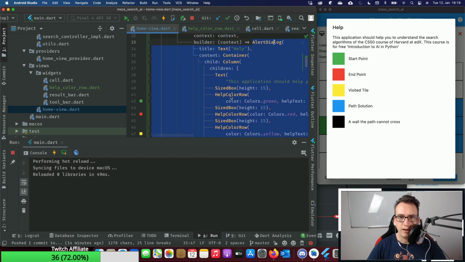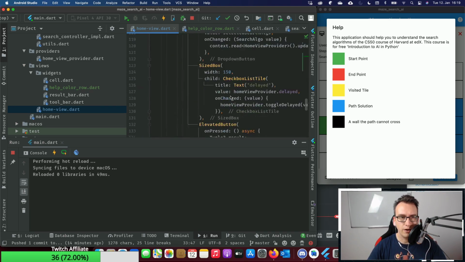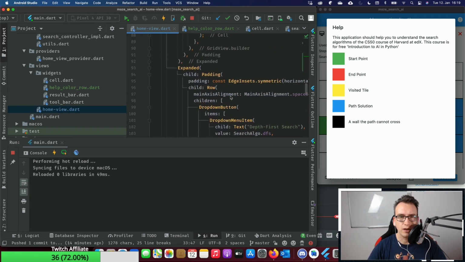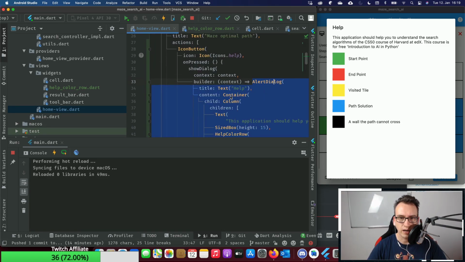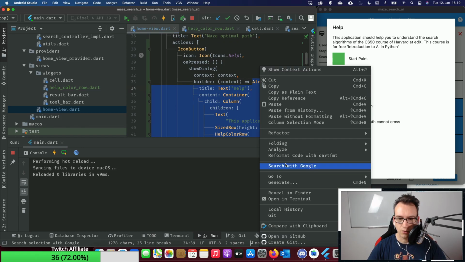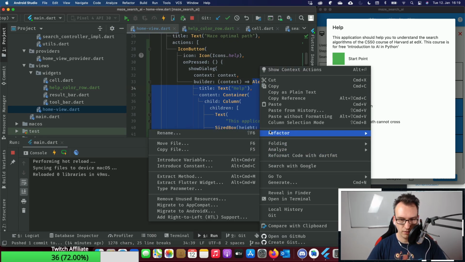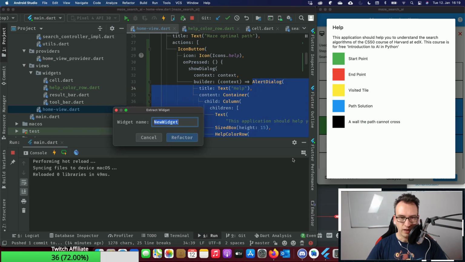We have here this alert box, and I think it is a lot of widget inside of here. So what I would like to do is extract that here. Let's see if I can do it a fast way again. Refactor, extract Flutter widget. Oh yeah, that works fantastic. So this is our help widget, or help dialog.